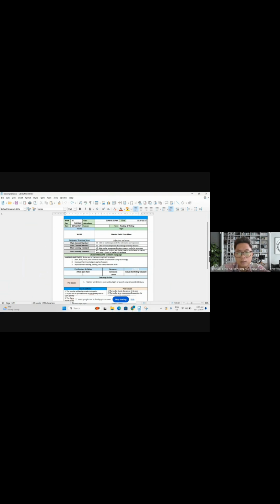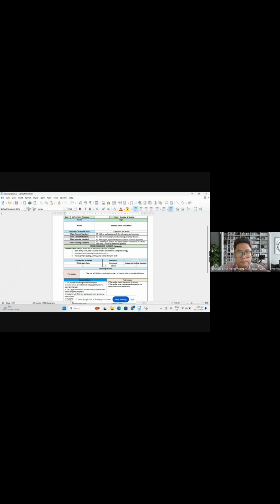The main content standard is able to read independently for information and enjoyment. The content standard is able to write and present ideas through a variety of media. The main learning standard is able to plan, organize, and produce creative work for enjoyment. And the next learning standard is able to plan, produce, and display creative works based on literacy text using a variety of media with guidance.